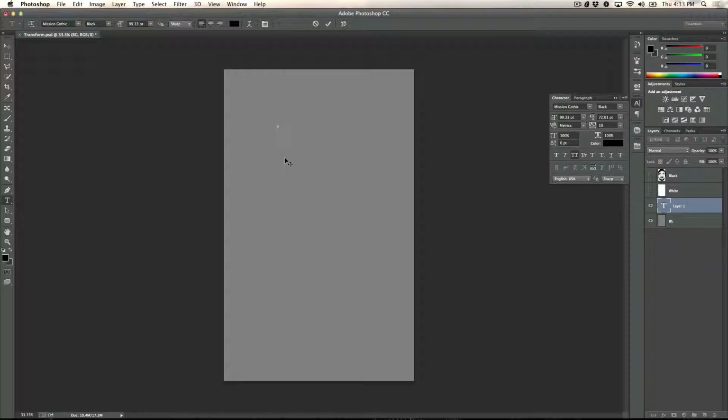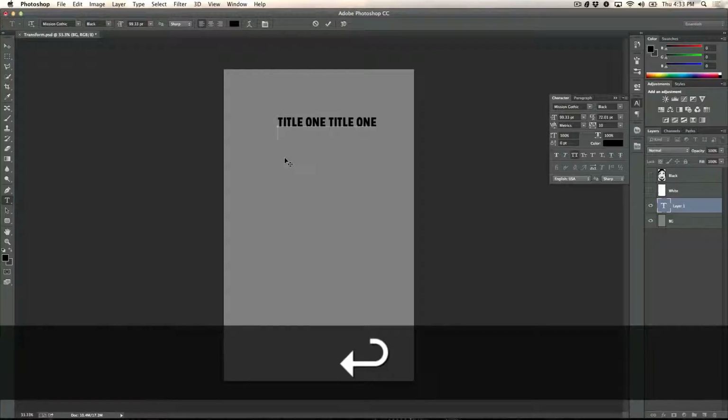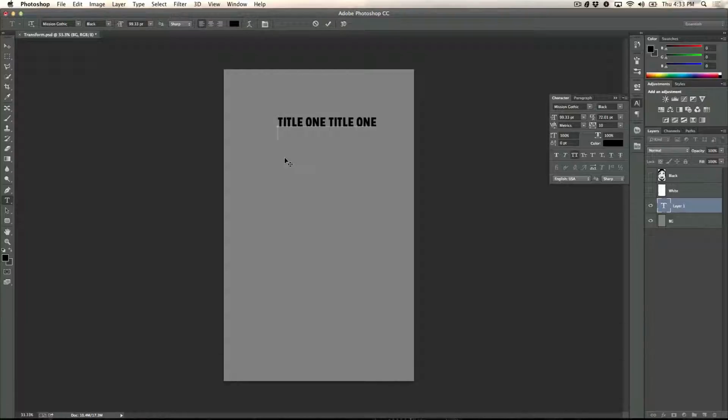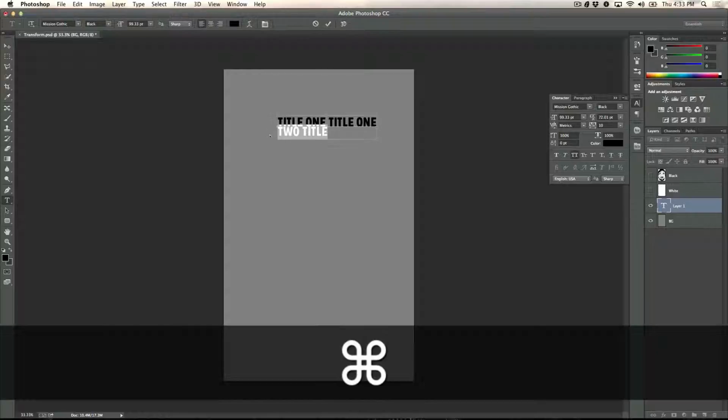So I am actually just going to use different versions of title, so I'm going to say title 1, and I'm going to type that twice. The reason is we want to make sure to have a long enough text line to make the beard itself in the bottom half of the face. Just to switch things up, I'm going to do title 2, and then let's just copy,